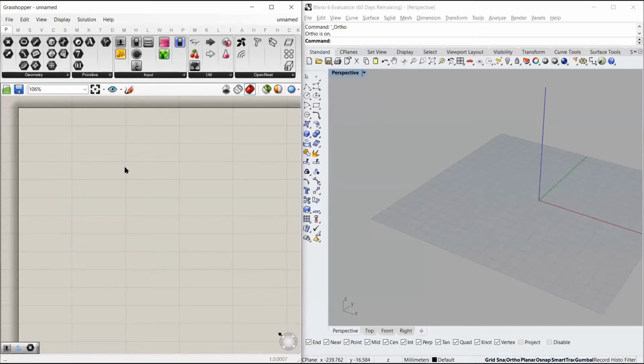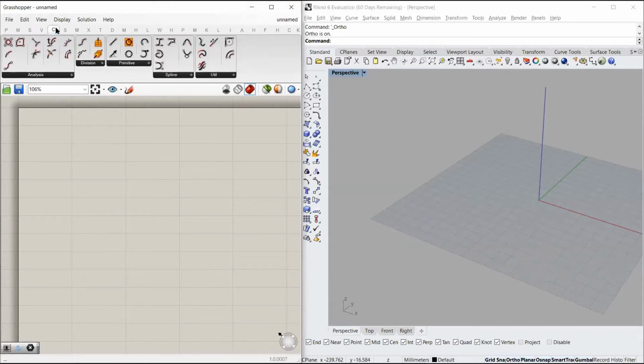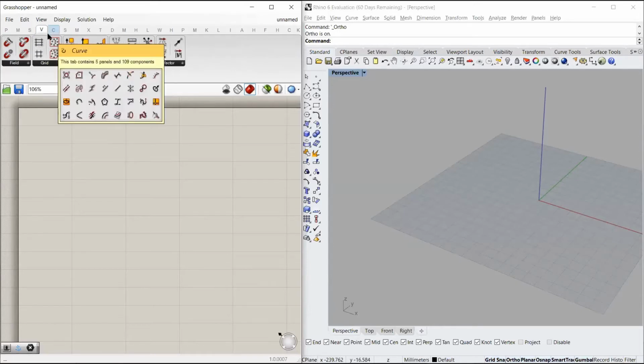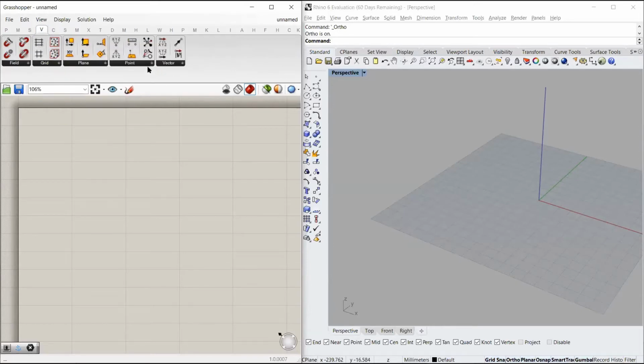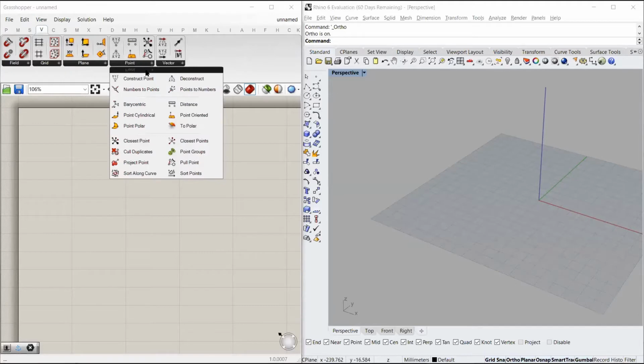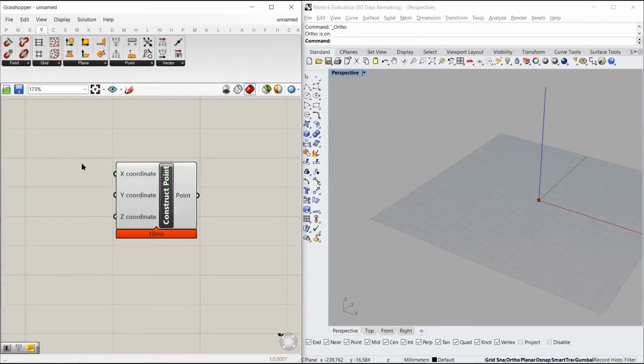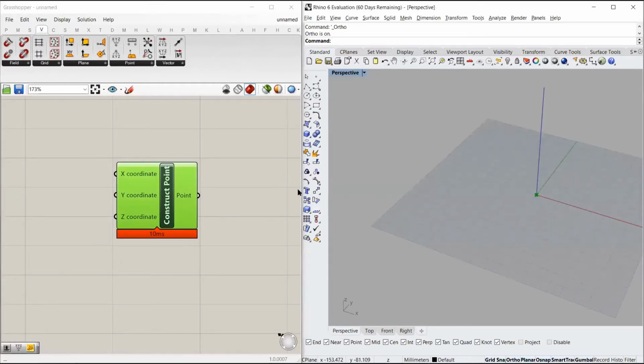So suppose I want to construct a point, I can just go to this vector option. In the vector component tab, we have a toolbar for points, and in this toolbar, I have an option for construct point. If I select this and drop it over here, this is the component to create a point in my Rhino interface.